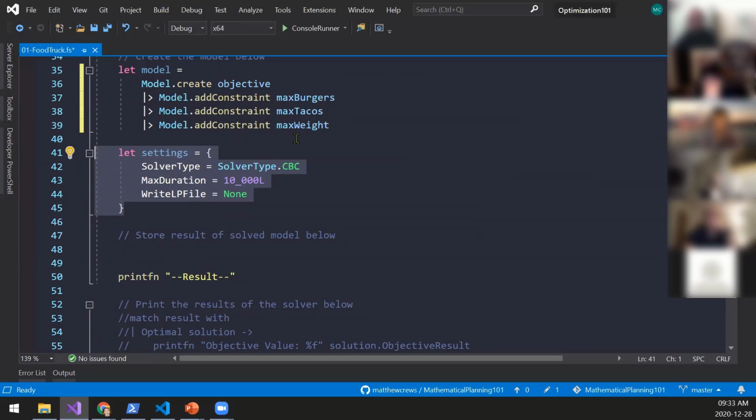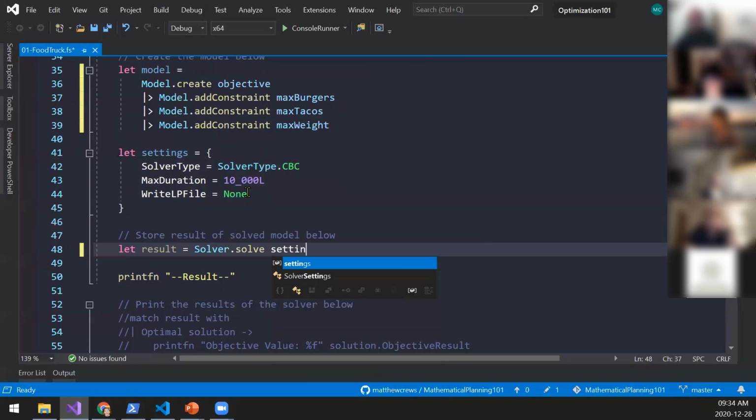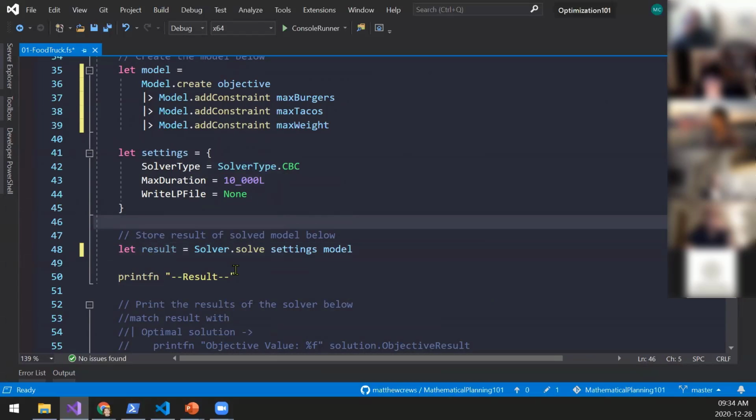And so we're going to create this model. We're going to give it to a solver, which is like a database query engine, which is then going to execute it, and then it's going to give us a solution back. Very similar workflow. So now I'm going to say, hey, I want to get the result. So result equals solver.solve, and this is the function that actually takes those settings and that model and gives us a solution back.